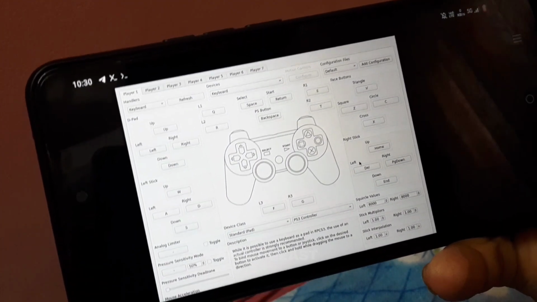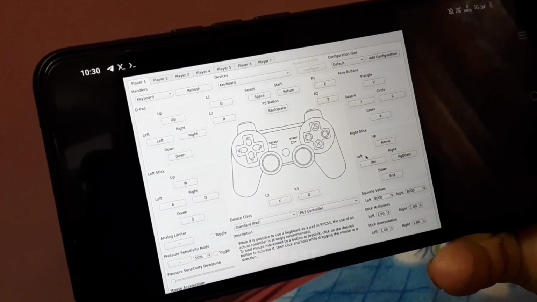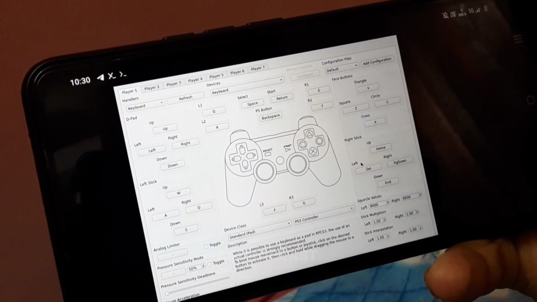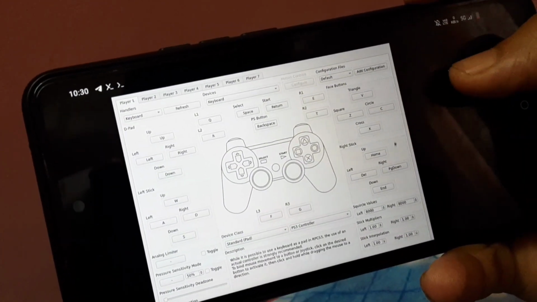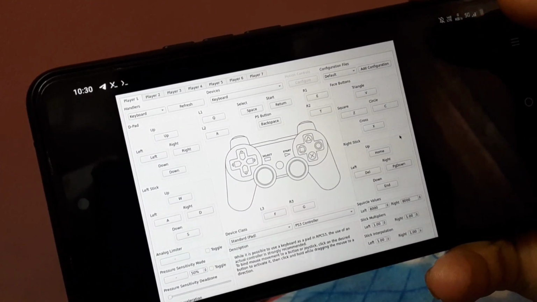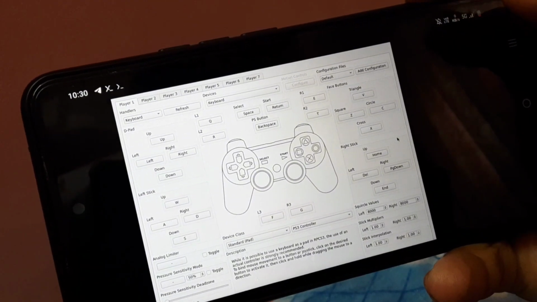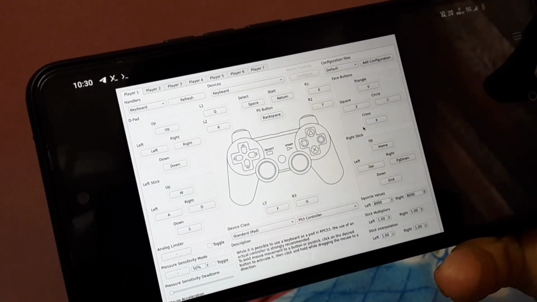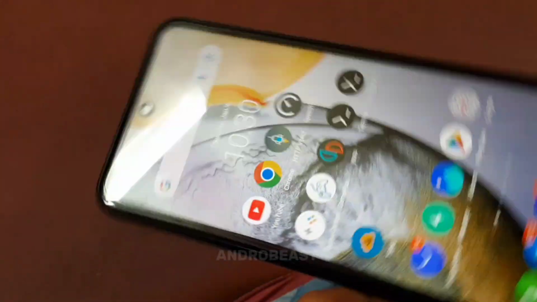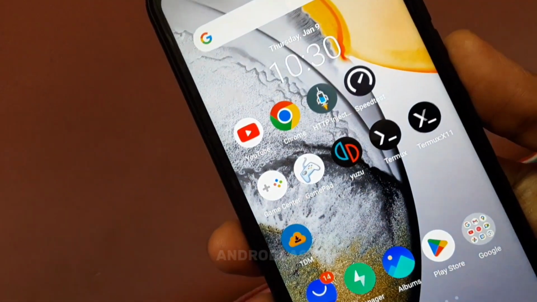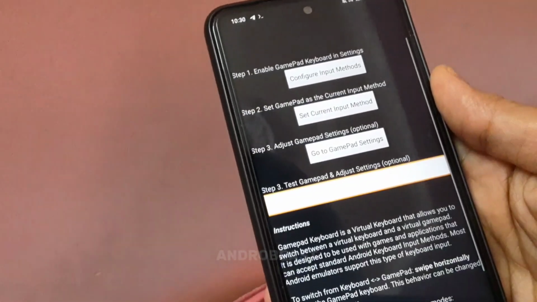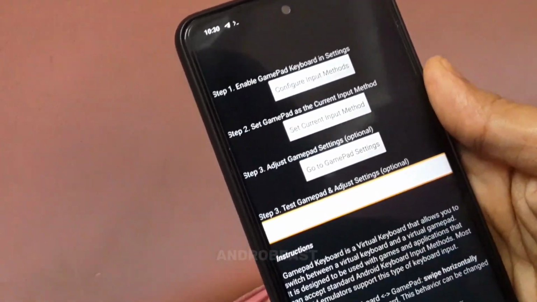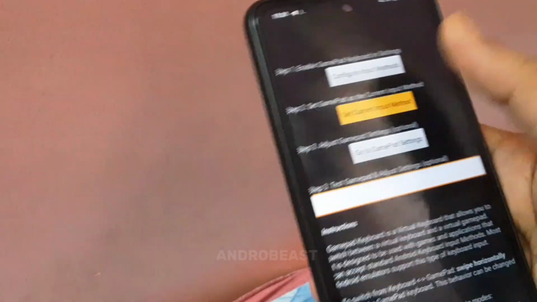We can either use a physical keyboard or another application called Gamepad. If you have a physical keyboard, you can simply attach it to your phone using OTG and configure the controls using that. Or if you don't have a keyboard, you have to use this application called Gamepad. This application can be used to map the RPCS3 controls, but this has